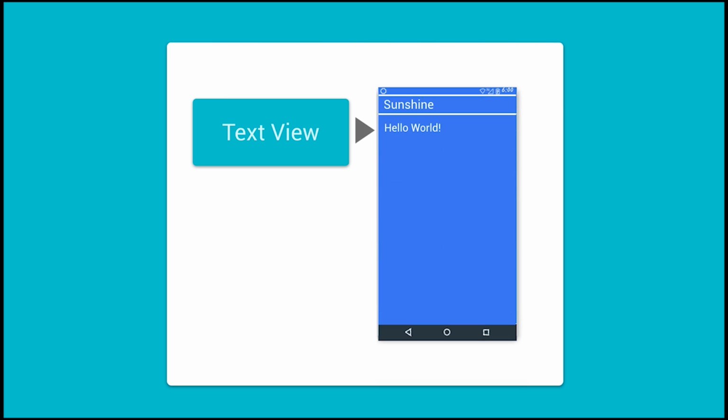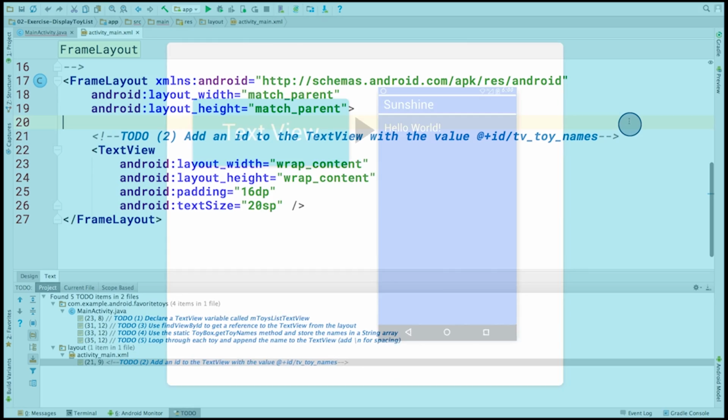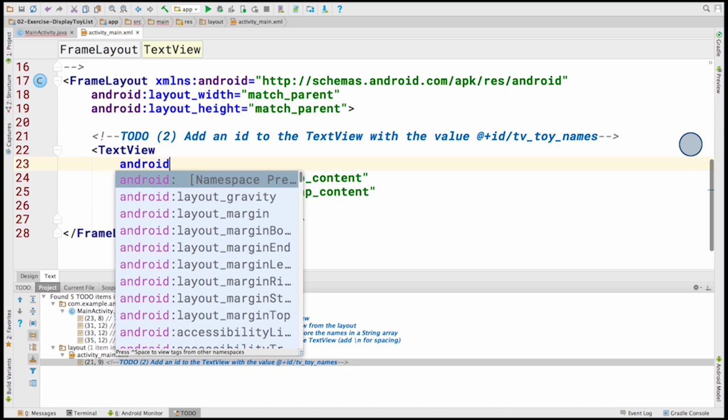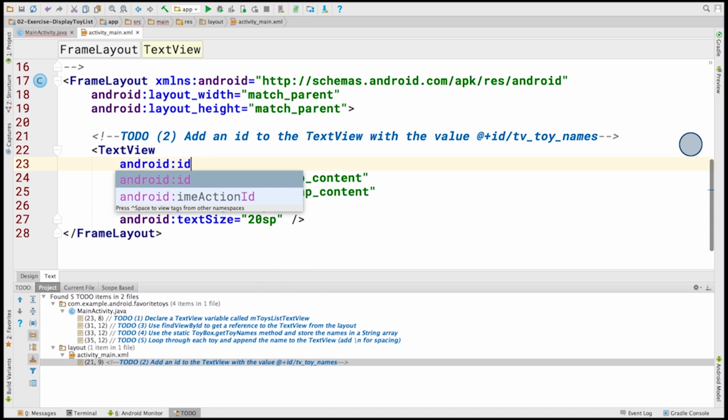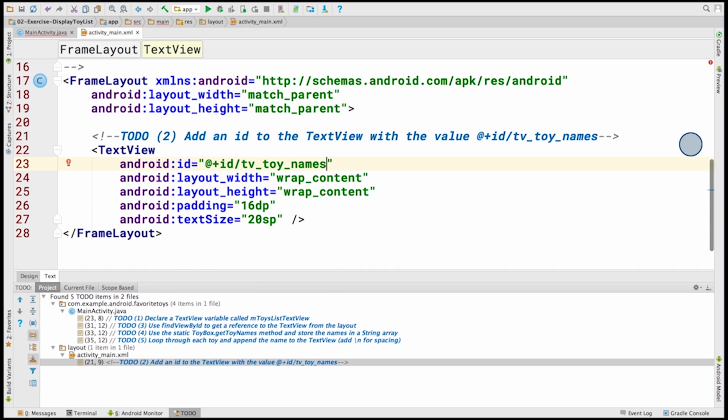But how do we get a reference to our text view that was created when our layout was inflated? First, we'll have to go to the layout and give the text view an ID, which is a numeric identifier that Android uses to identify and locate the text view. Fortunately, the Android tools will actually come up with a number for us. We just need to assign it a descriptive name, like this, @+id/